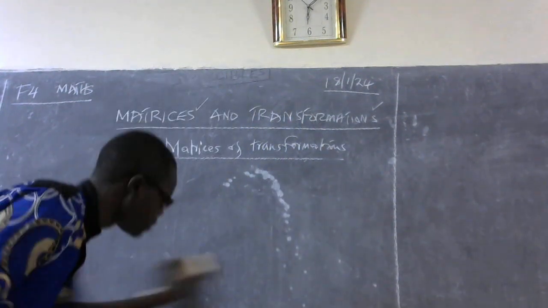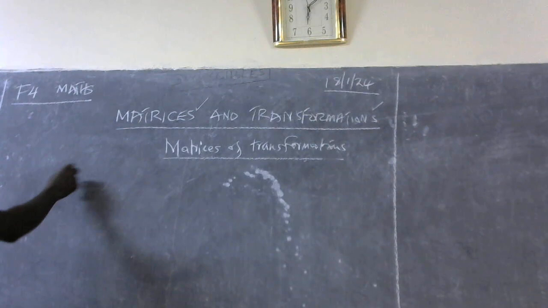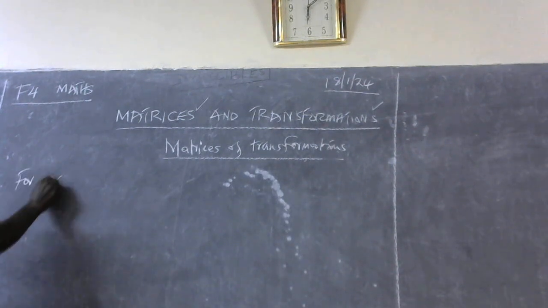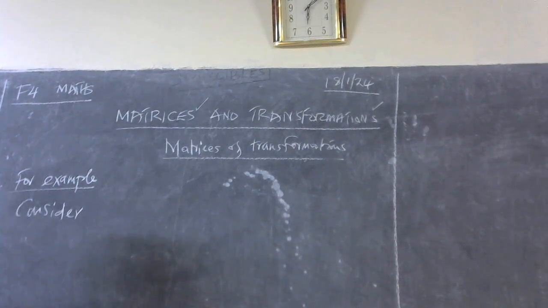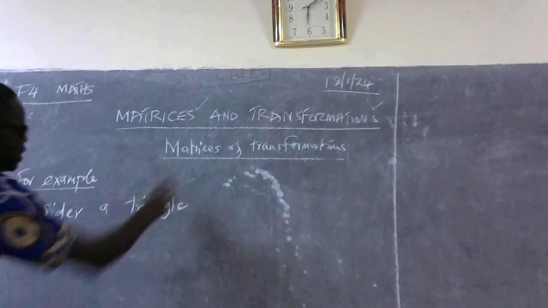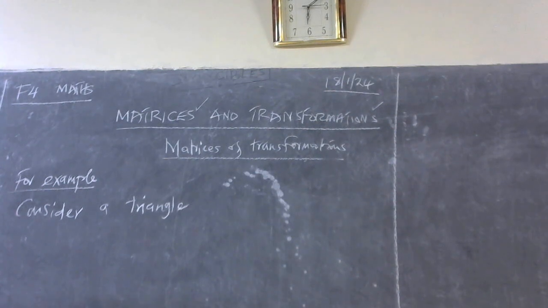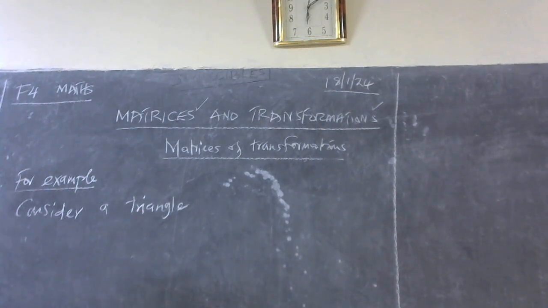For example, let us have an object. Consider, let us start with a triangle because it is easier. It has only 3 coordinates. We shall even go to other objects like rectangles, trapeziums, parallelograms, all that. We shall go into all that, but let us start with a triangle because a triangle is just a 3-sided figure. Consider a triangle ABC